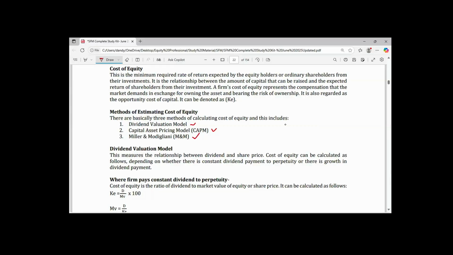So we discussed that. Then finally, we talk about estimating growth rate. How do you calculate growth rate? What are the methods of computing growth rate? I gave you two methods. One is historical pattern of dividend payment, which is also known as averaging method. It should be used when the history of dividend payments is given.